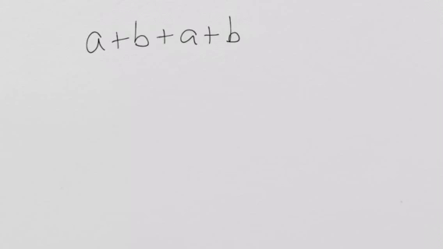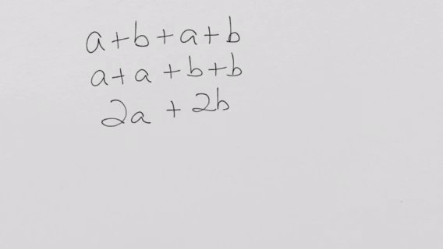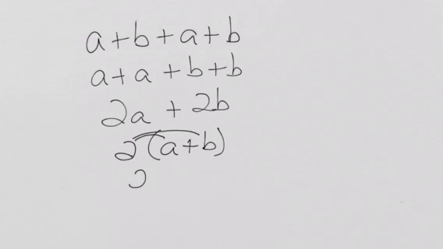On our next one, we have a plus b plus a plus b. Well, could we rearrange things since it's all adding to be a plus a plus b plus b? Could we write it as 2a plus 2b? Sure, why not? Matter of fact, if you wanted to, you could even write that as 2 times a plus b. Don't believe me? We'll do a little distributive property and see that it works out as 2a plus 2b,